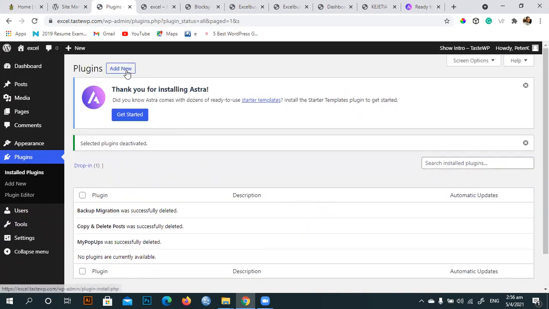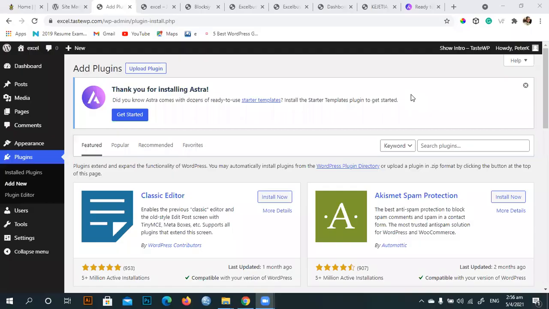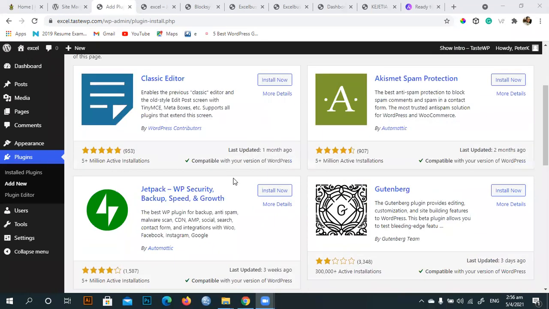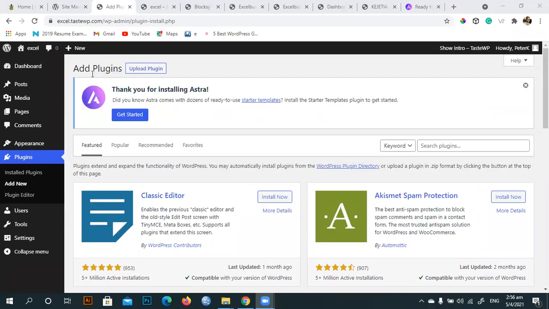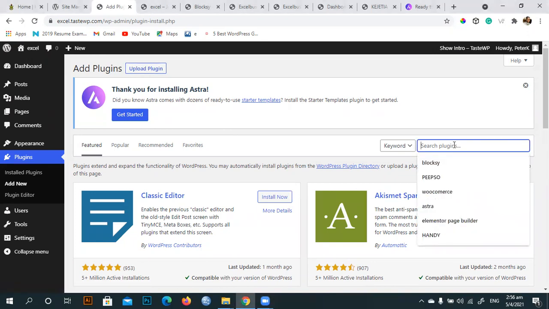Now the plugin I'm going to install is what we call the Astra starter site. It is the same thing like when I clicked here and started sharing, it was popping up there. So like that. Here, when I come to plugin, I have to search for